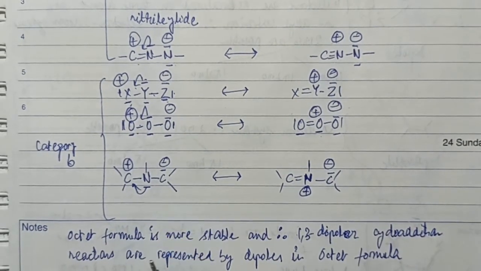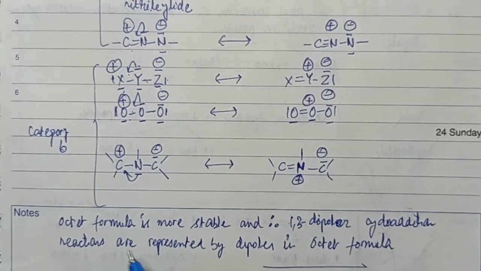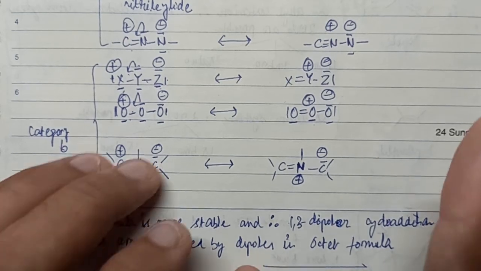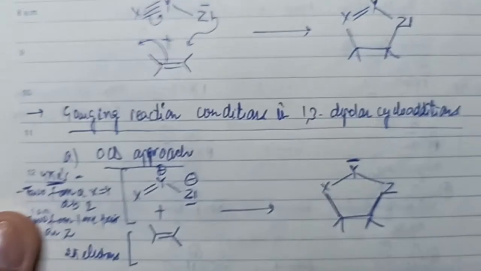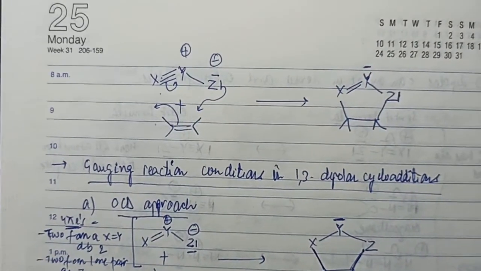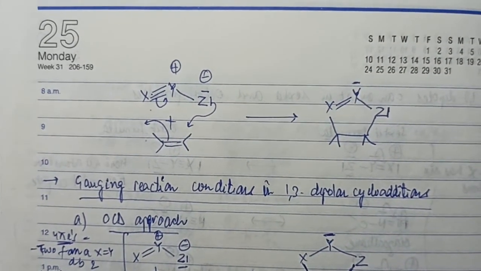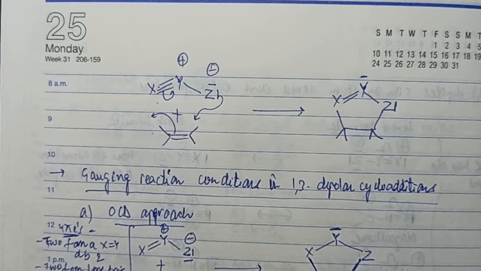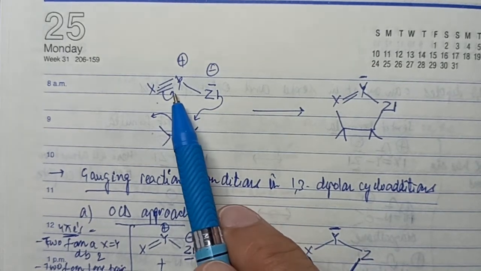Similarly, in this example, I can say octet formula, because it has all the atoms which have their octet complete, is more stable, and therefore 1,3 dipolar cycloaddition reactions are represented by dipoles in the octet formula only. Therefore, I can say while using or representing the 1,3 dipoles, I can use this reaction in such a way that